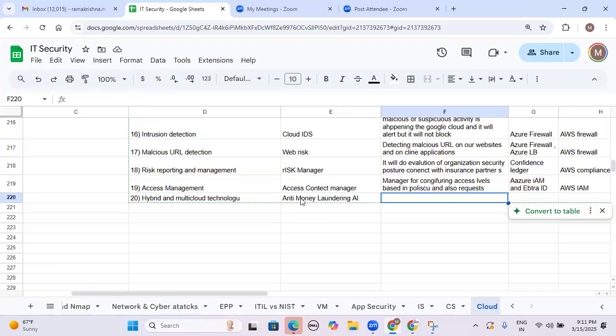So we no need to do the manual analysis based on the detection methods. So we know about behavioral pattern, and also we know about machine learning capability and artificial intelligence capability. So based on those parameters, whatever service we configure, it will detect suspicious potential money laundering activities